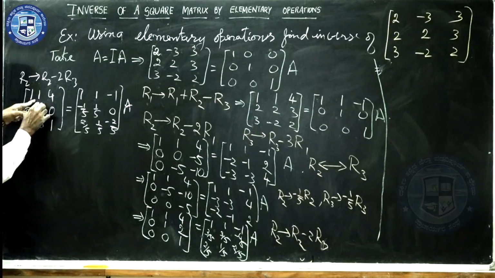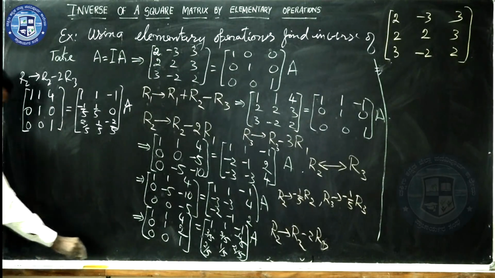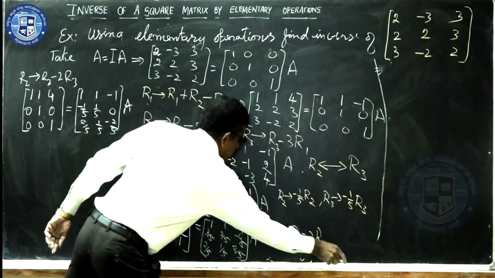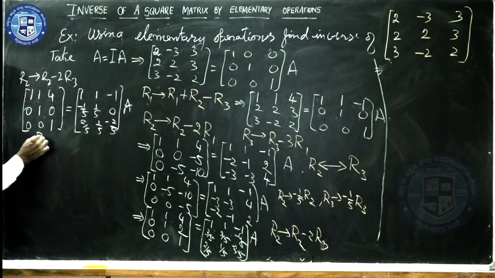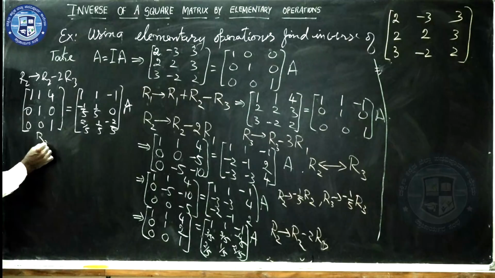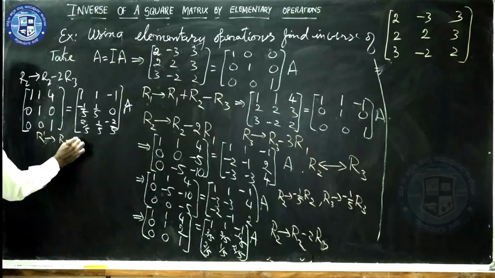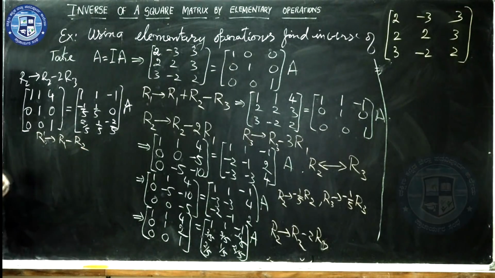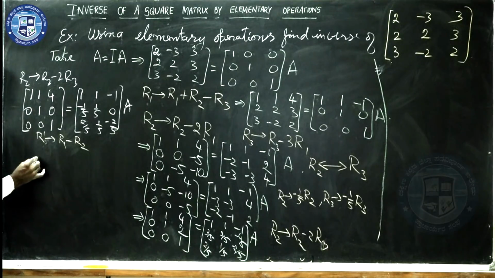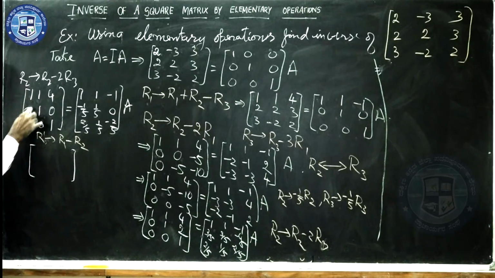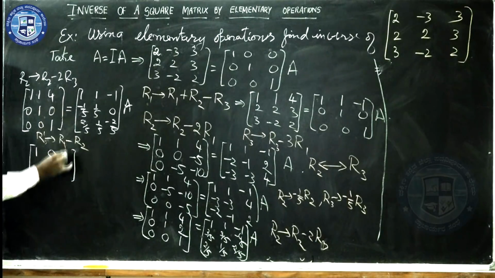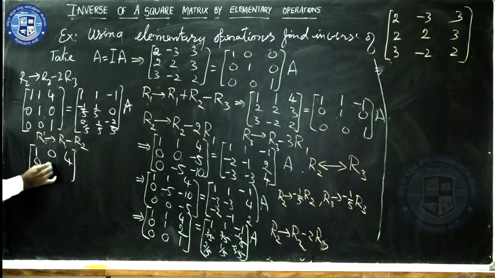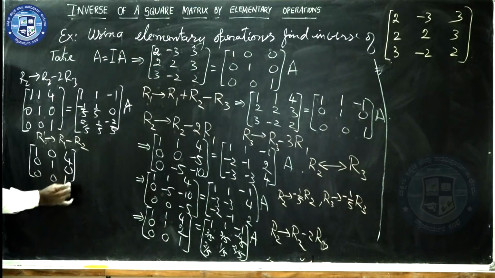In order to make this one 0 here, this minus this, I just go with the operation. In the case of 3 cross 3, it is little lengthy actually. It is R1 arrow mark, R1 minus R2. R1 minus R2 gives you what? Tell me, R1 minus R2. This minus this, it is 1. This minus this, 0. What is this minus this? It is 4. We have 0, 1, 0, 0, 0, 1.